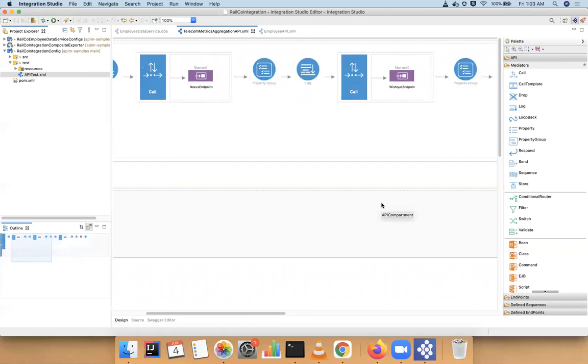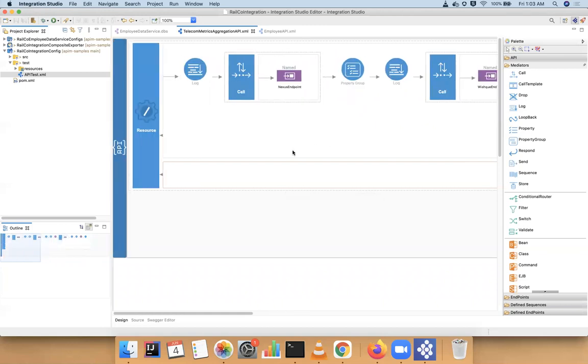So I have completed these two, and now I can deploy these things. Once you design is completed, you can extract the Carbon archive file from this one, and you can directly deploy this into cloud using any other command. If you're running this locally, then there also you can use Docker or any other image to run this. Okay, so I'll deploy these two services into my cloud runtime.